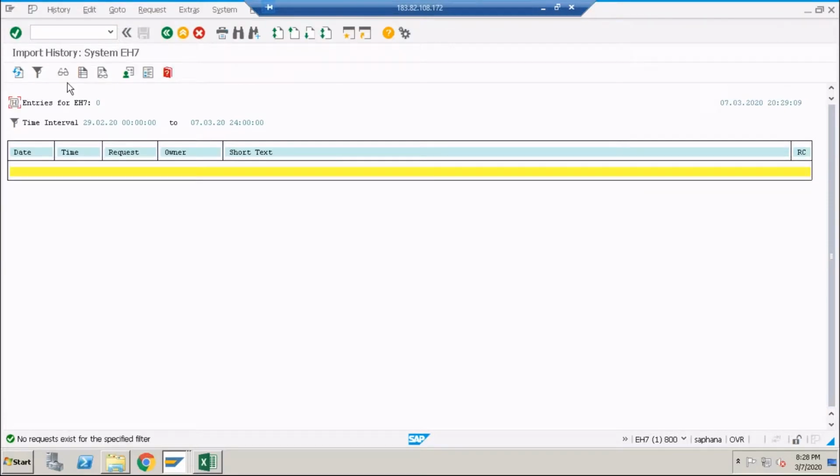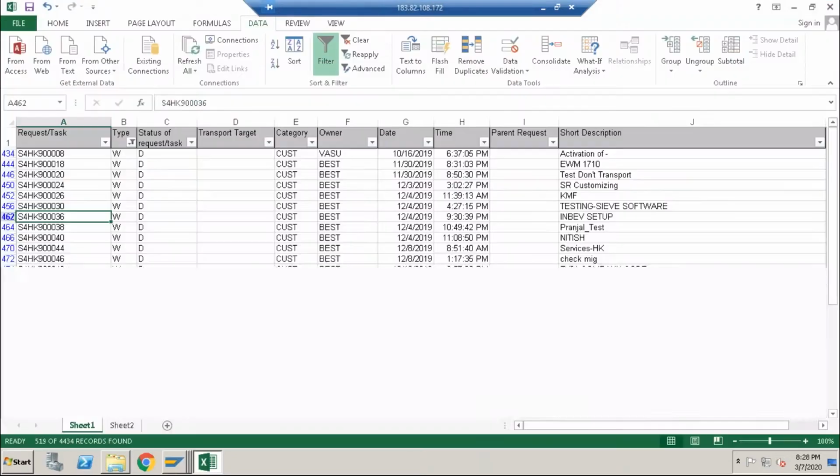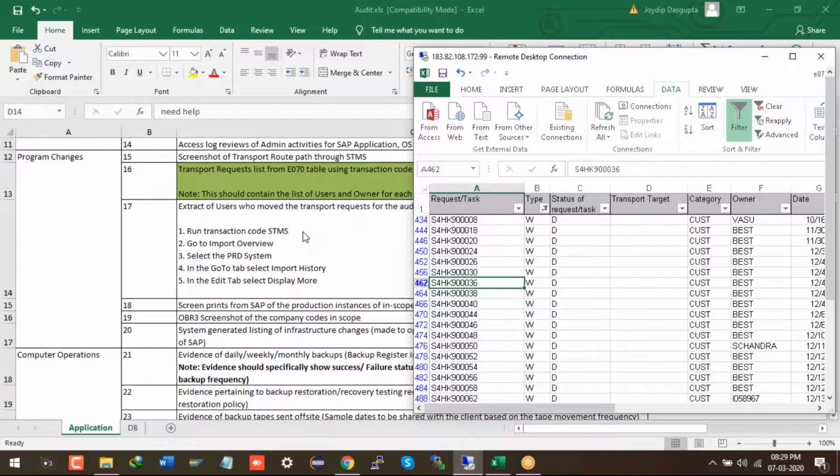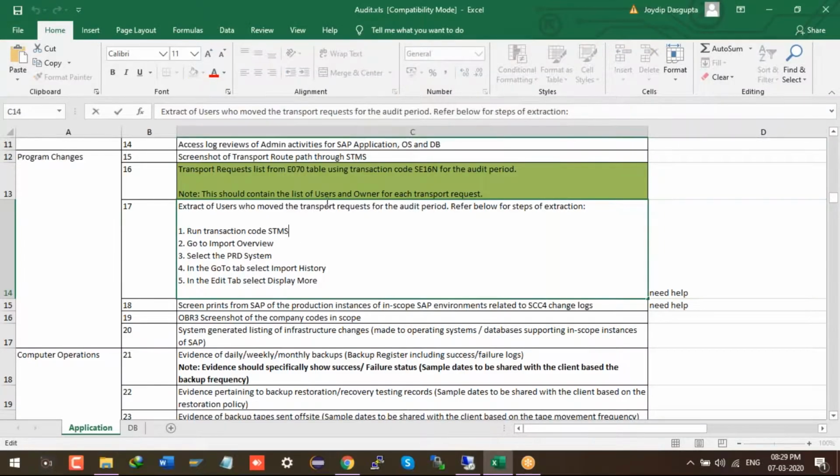You have one more column there. Yes, configure TMS. Yes, I know, it is also showing that option. Go for the Excel sheet once again. It's showing 0 only, but you have one. Wait. Go for the Excel sheet. This one, right? Not this one. The audit. Achha, okay. So go for select, go to main import history and click on edit tab and display more. Go for edit tab and display more.